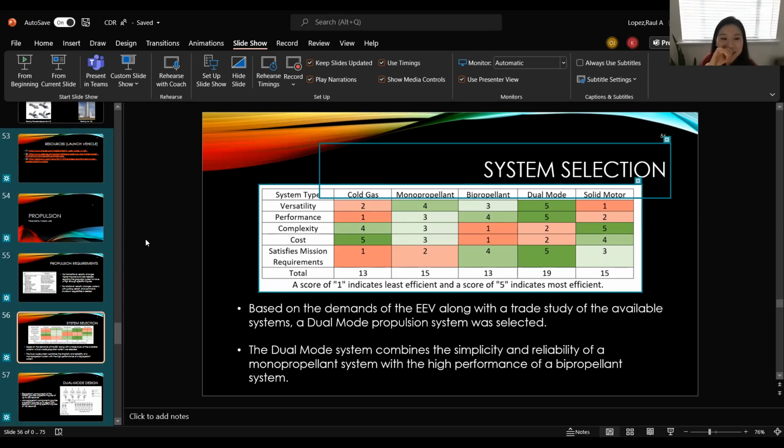For this trade study table, I think it's better to specify performance and satisfy mission requirement, because these two terms are too broad. Yeah. And if we want to do the trade study here, we probably put here like the thrust it can provide, or